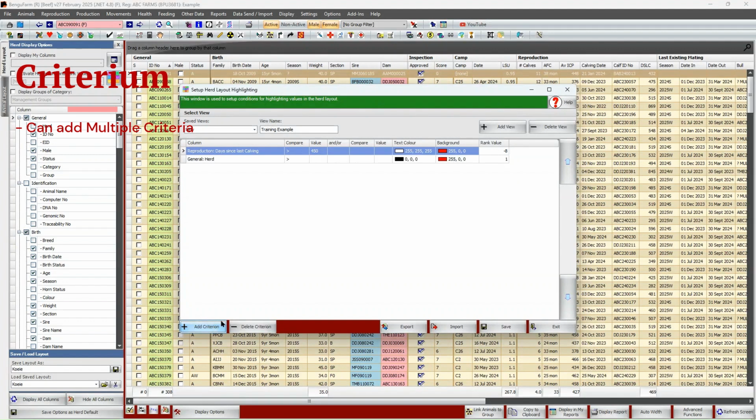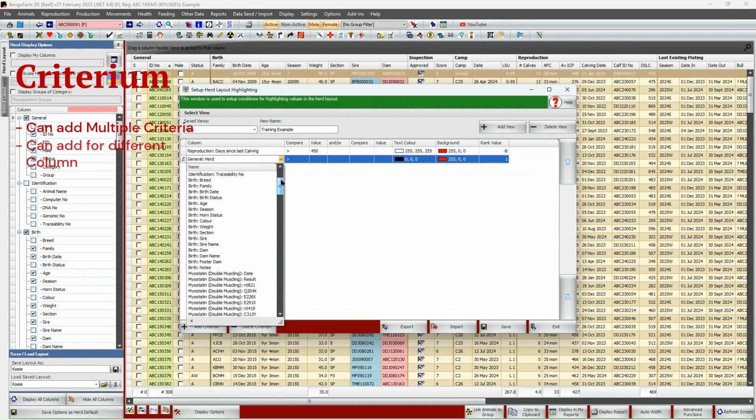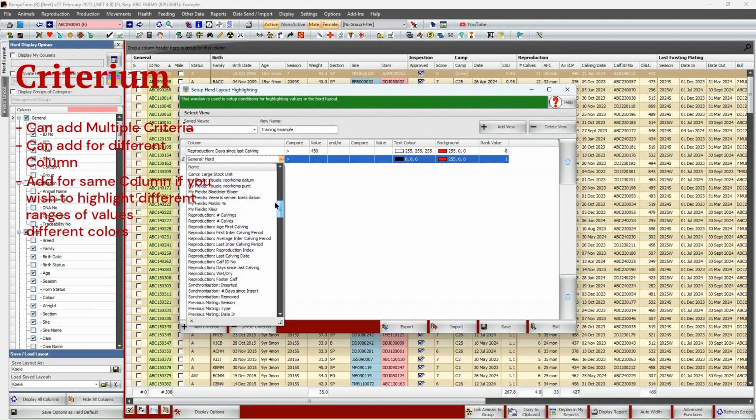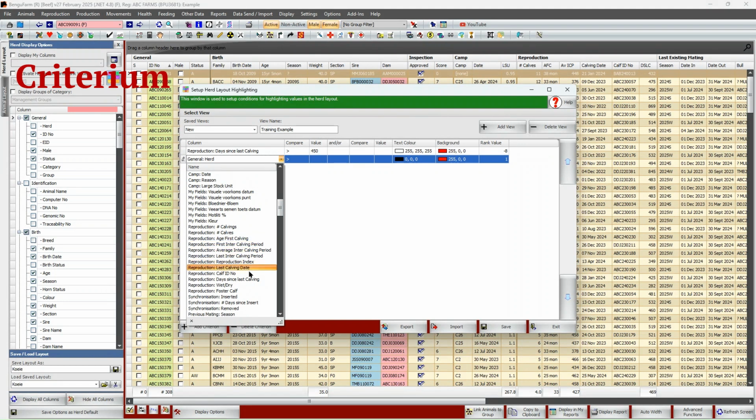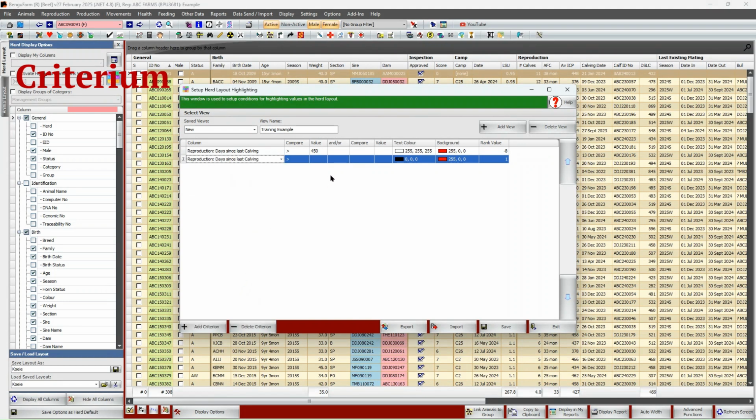So I'm going to add another criteria. You can add it for a different column, or you can also add it for the same column if you want to highlight different ranges of values in different colors. So let's say again, reproduction, days since last calving. Again going to say where it's greater than 400 this time.